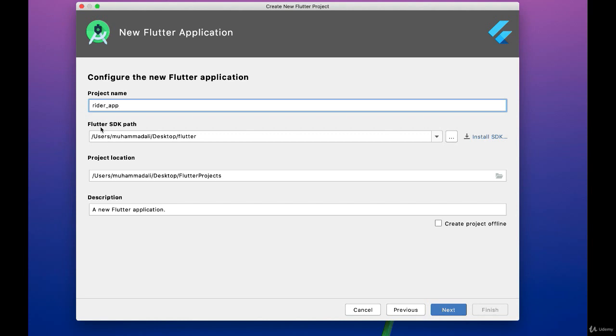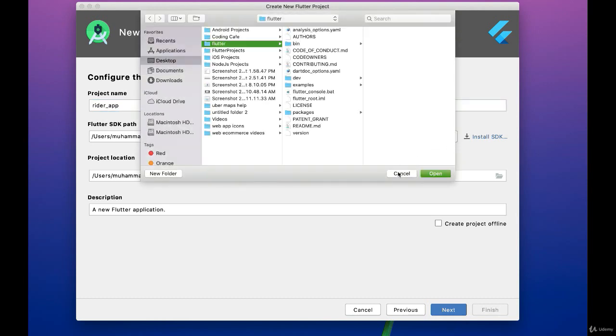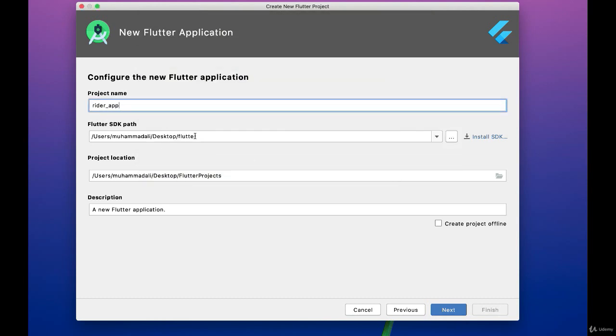Then if the Flutter SDK path is not selected automatically, you can do so by navigating to your Flutter SDK. For example, in my case, I have placed my Flutter SDK folder on my desktop, so that is why it is here. Wherever your Flutter SDK is, you can just navigate to that and select it by clicking here. I have already selected it. It is on my desktop, and this is the Flutter SDK folder in which all the necessary files are contained